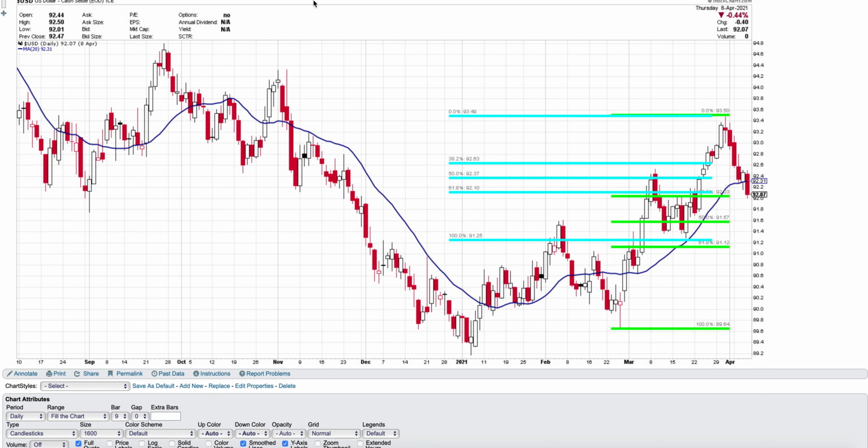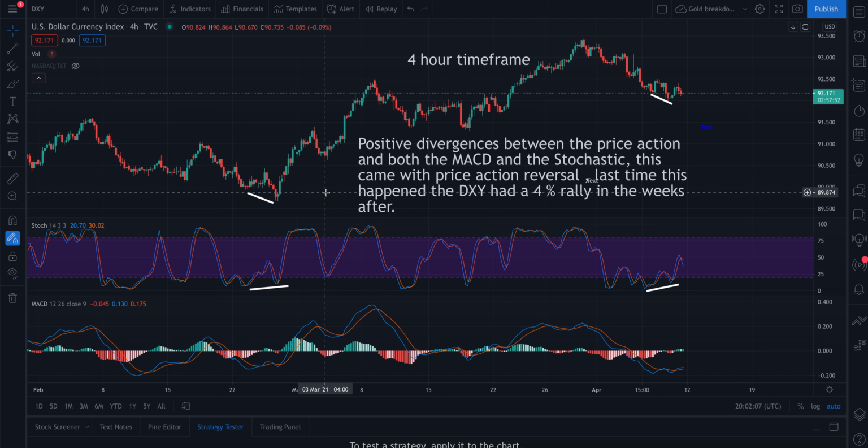Now I'm going to look at the updated version. This is the 4-hour time frame, and this is the price action with some bullish actions in the lower time frames. And I discussed in my tweet, you have a positive divergence between the price action and stochastic and MACD 100% of the time for the last 2 months. Whenever you have something like that, you have price expansion to the upside. You had it right here,